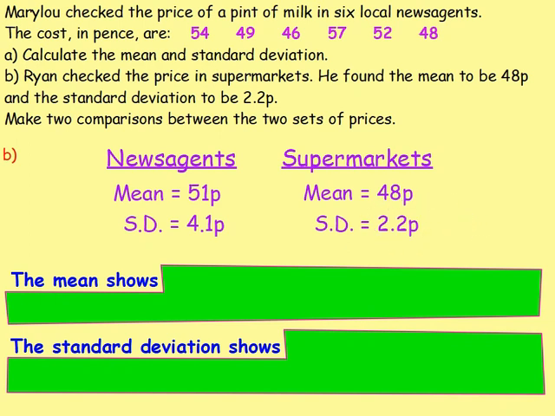And because we're looking for two comments, or two comparisons, we're wanting to write one of them about the mean and one of them for the standard deviation. So let's start with the mean. So I would always write down the mean shows. Show it as the mean that you are looking at here. So looking at the mean, once again, you always want to think, well, what is the mean a type of? And the mean is a type of, say it with me,